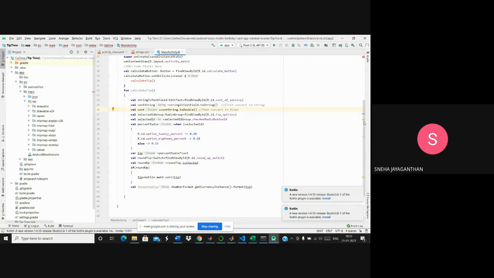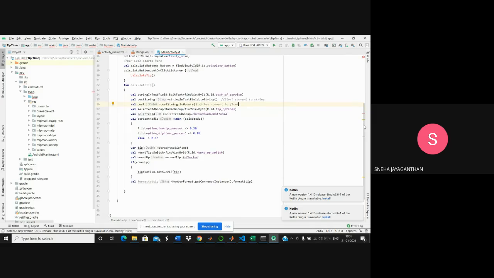Now I need to get my ID. I need to know what option the user has clicked on. So we go to the radio group view, and I find out the ID of the radio group. Val selectedIdGroup is my name, and it is of type RadioGroup, and it finds its ID using the findViewById option, and I pass in the ID.